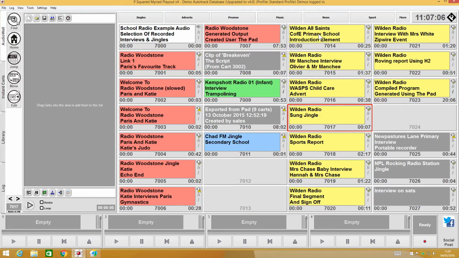So you can see they had lots of different things. We've got an introduction element, a jingle, an interview, an advert, a jingle, a sports report, another interview, a sign-off, another interview, roving reporter. So what I'm going to do now is show you how to compile them into a program using the pad,